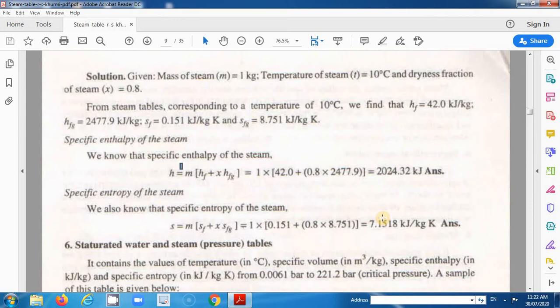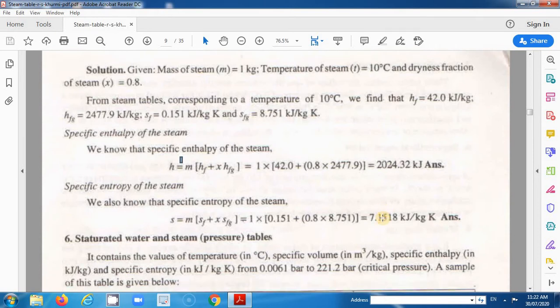So this is the simple method to explain the use of the steam table. With the help of the steam table, henceforth we have to solve n number of problems. The steam table is very useful. Students, keep in mind that a slight difference in answer from student to student is acceptable. It is not a standard answer, because different students are using different steam tables. Slight changes may be there in figures, so the answer is not the same, and a slight change is acceptable.